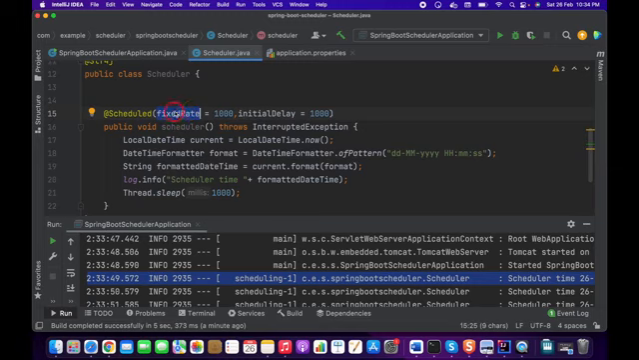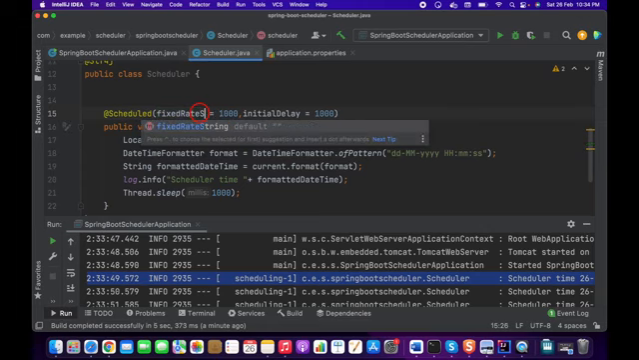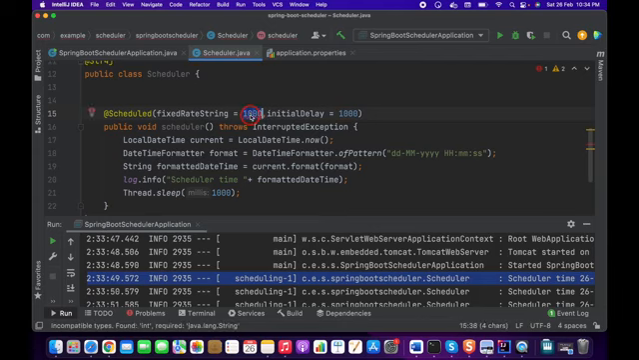So one more thing, we have fixed rate, right? So we have fixed rate string as well. What is this fixed rate string? Let's say if you want to pass a large value, like 2 hours or 3 hours, then if I want to pass it like this, it's a very large value, right? So instead of this, what I'm going to do is